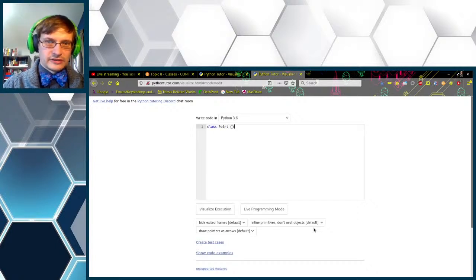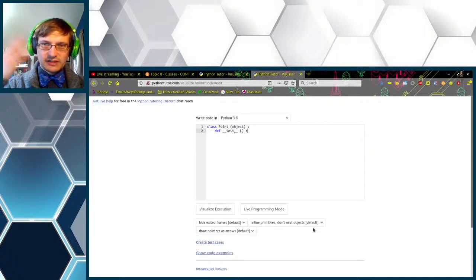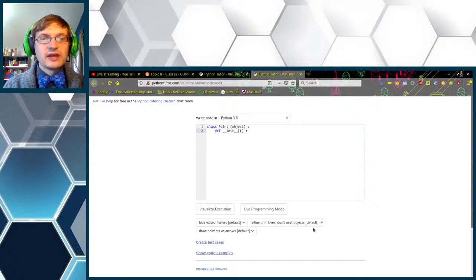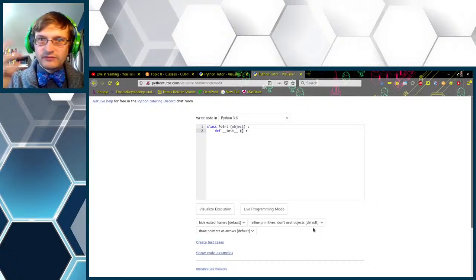So, we have a class. We are calling it point. We are inheriting from object, because you always do. We are defining the initializer. Note that the magic methods, or the methods that are defined by default, are always sandwiched in between two underscore characters. That's how Python tells that this is a method that is overwriting one of the default methods that come with the definition of classes.